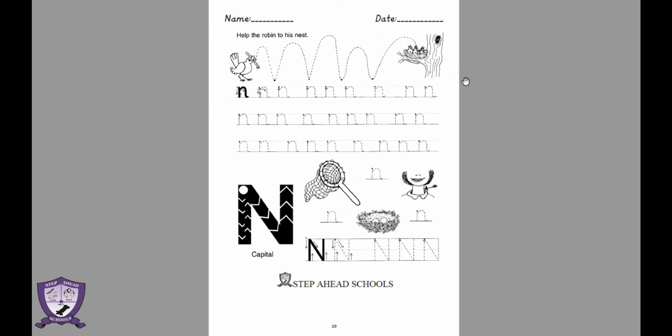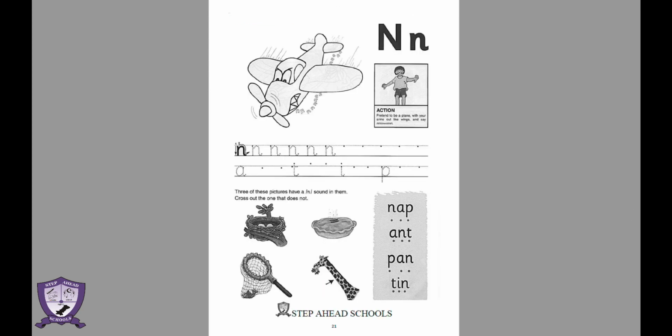And don't forget to write today's date. All right, today's date should be written. Well done. Okay, now page number 21. Page number 21 of your English workbook. It is the same letter on the top, N,